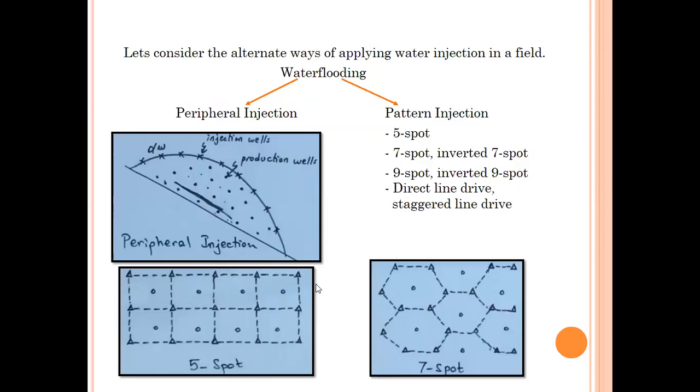So what's the difference in between them? For example, if I say inverted case, 7 spots